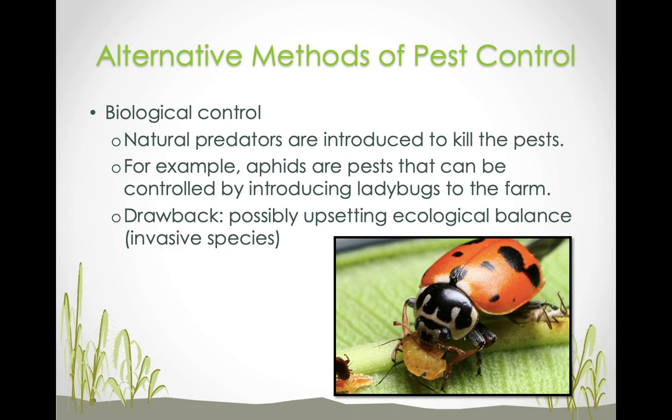Number two, biological control is another alternative to pesticide use. And what we mean by that is doing something like adding natural predators that will eat the undesirable bugs. In this case, this is a good example of biological control. We have a ladybug that is eating an aphid. Okay, aphids are these little tiny creatures that can ruin a whole lot of crops, but instead of spraying chemicals, this farmer decided to just release a bunch of ladybugs to eat those guys up, and that's actually pretty effective